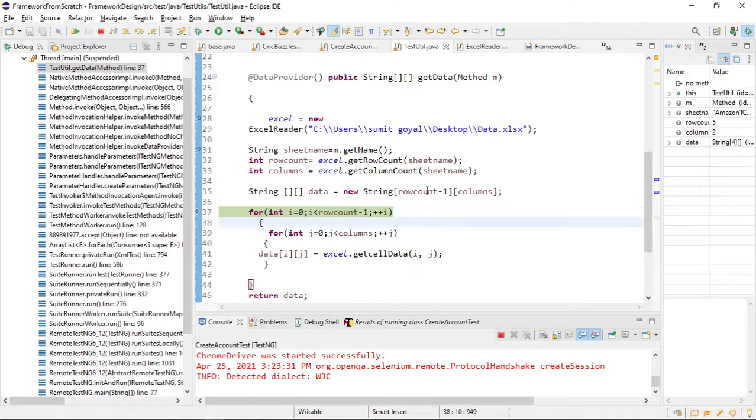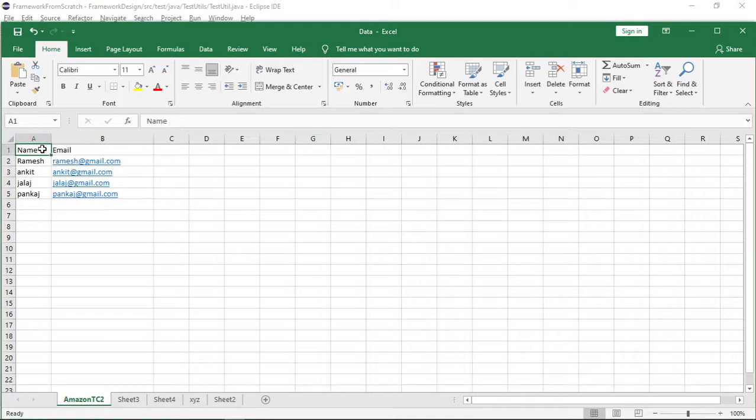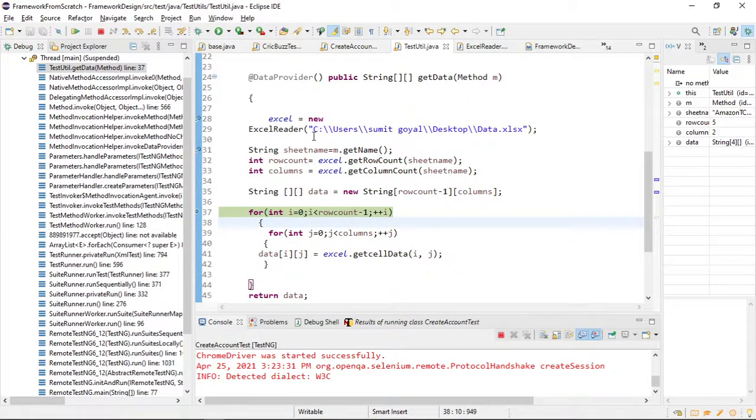Why have I created the array in this fashion? Because we have 5 rows, first, second, third, fourth, fifth, but I do not require this header row. I require the data, but not this field. That is the reason I have created the array of total count 4 and the column is 2.